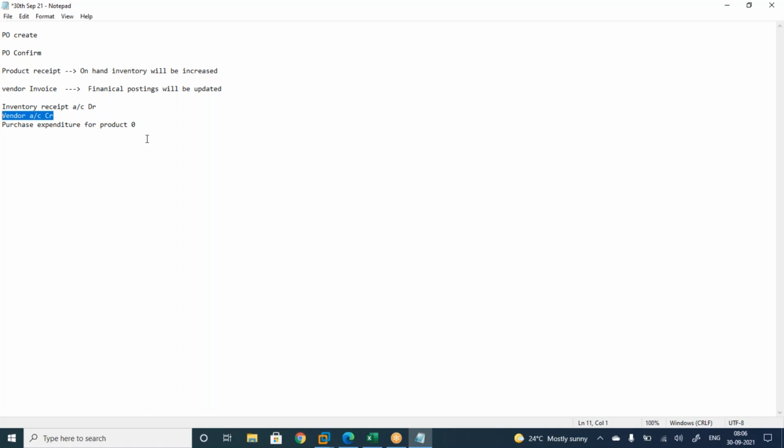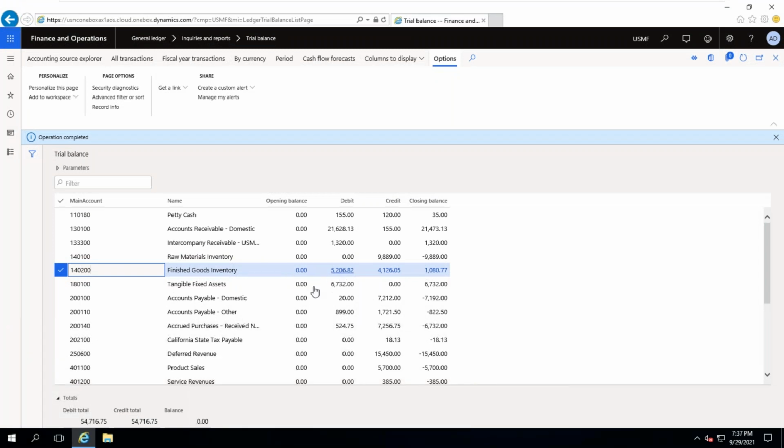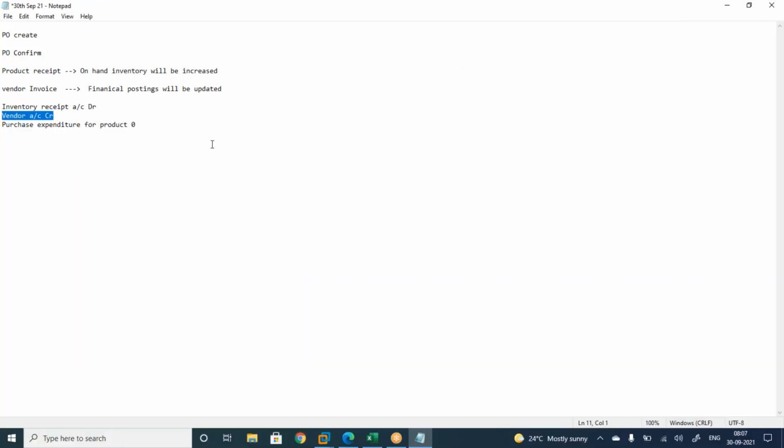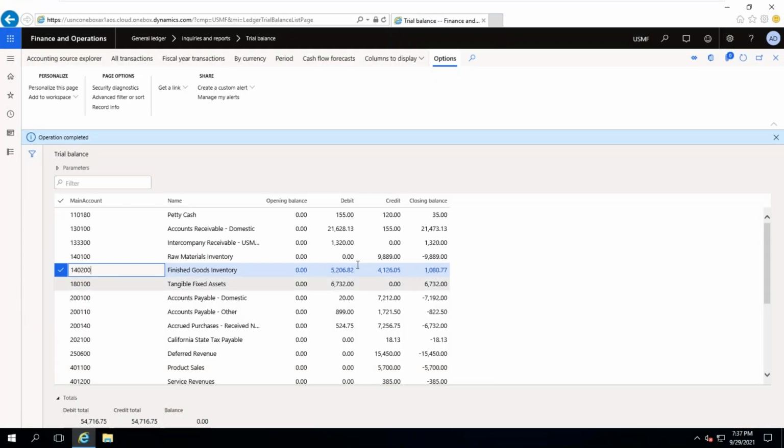Now take the example. So the CFO or CEO of the company, or the finance head, finance manager or general manager finance, has verified the value. The total value of the inventory in the finance trial balance report is showing, suppose, 20 crores. Now